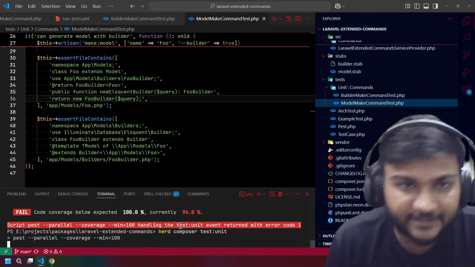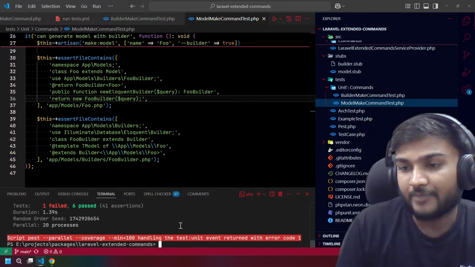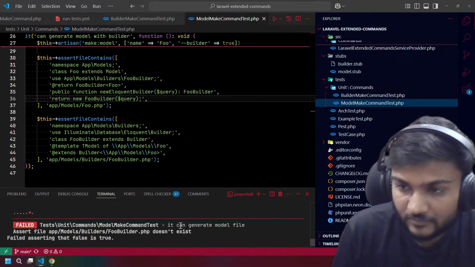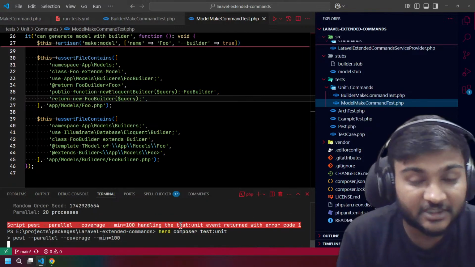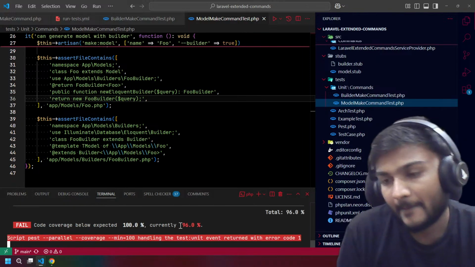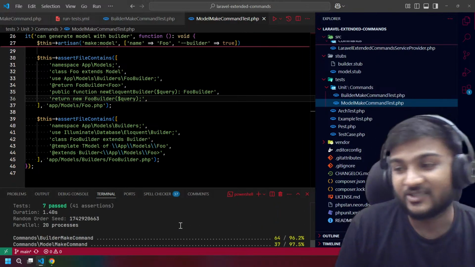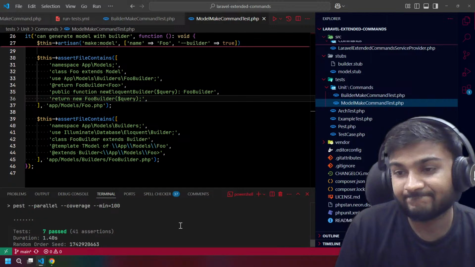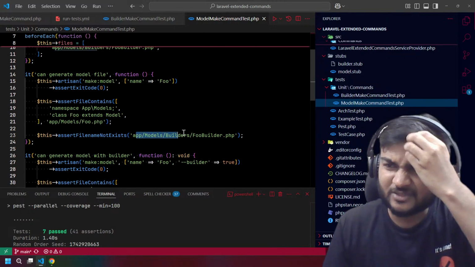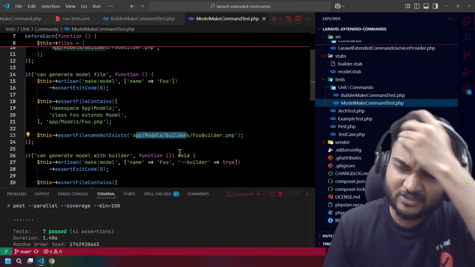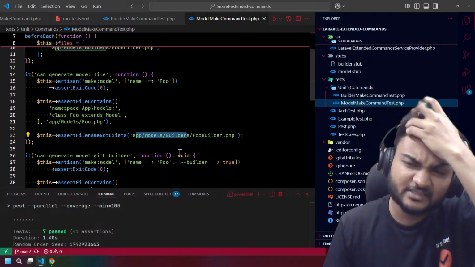Let's run the unit test. And if it is passing, it is failing. Why is it failing? My gosh. If we run it again, it will pass. They are joking with us. That is passing. So it has some issues with this particular file existing or not existing in some cases.